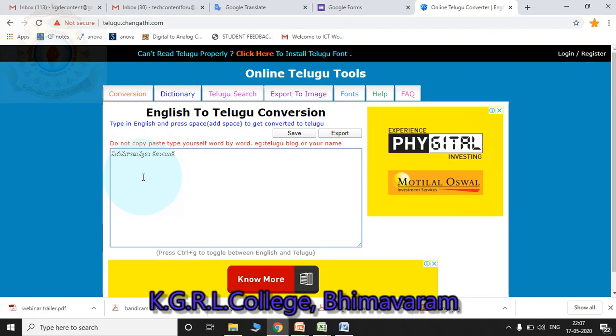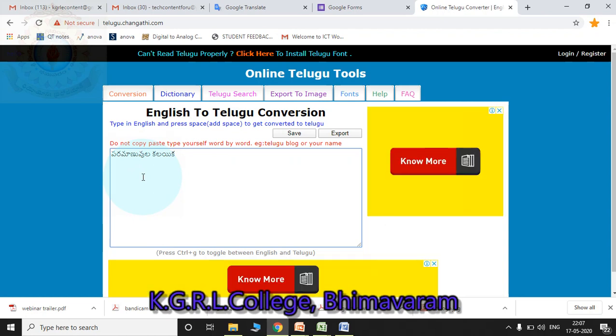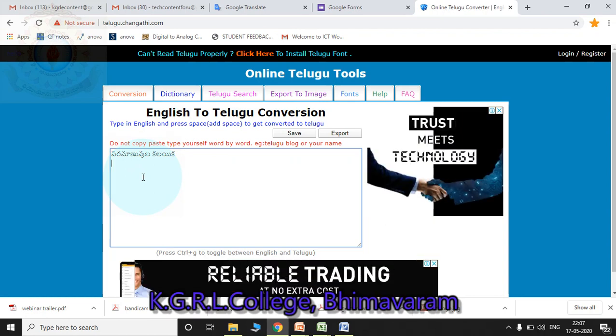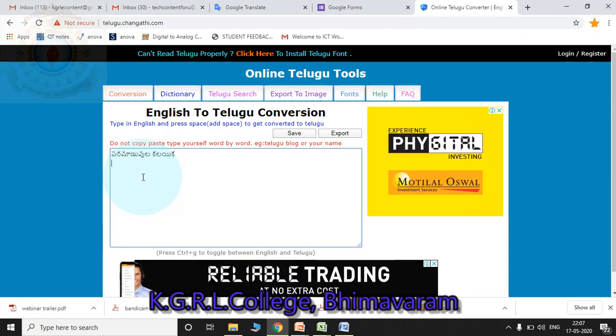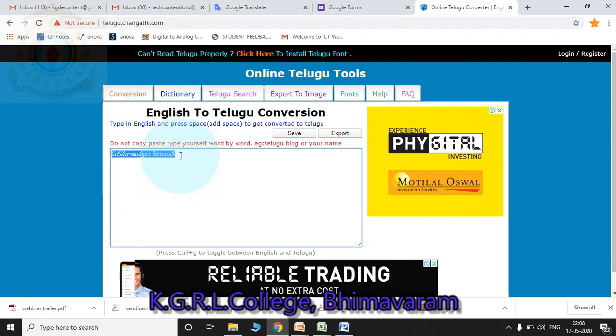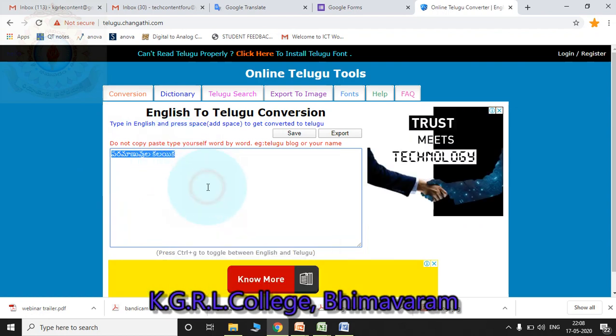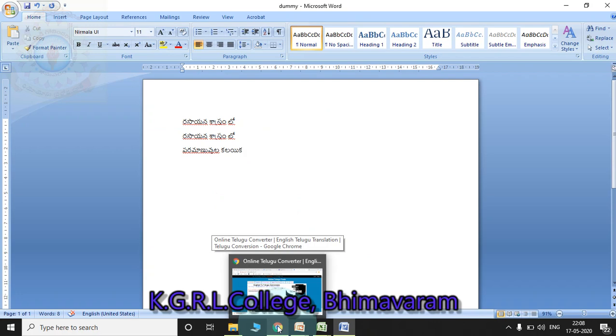It is similar to generally in the WhatsApp we will type like Ela, Unnaru, Ela Unnaru. So generally we will type like that to our friends. So similarly in the English, type something, automatically the font or the words they will type in the Telugu. Simply copy from here and paste in your MS Word document or PowerPoint PPT. So by using this way, comfortably you can prepare the content in Telugu font also.